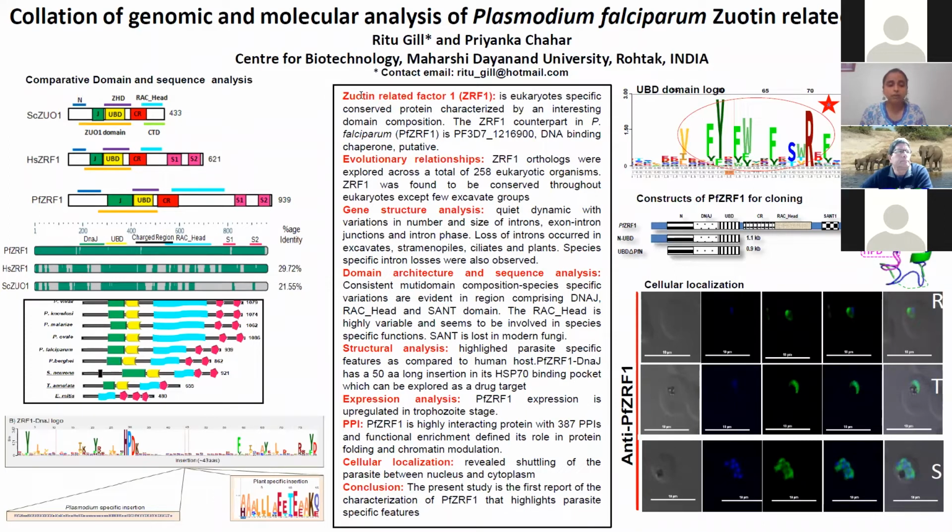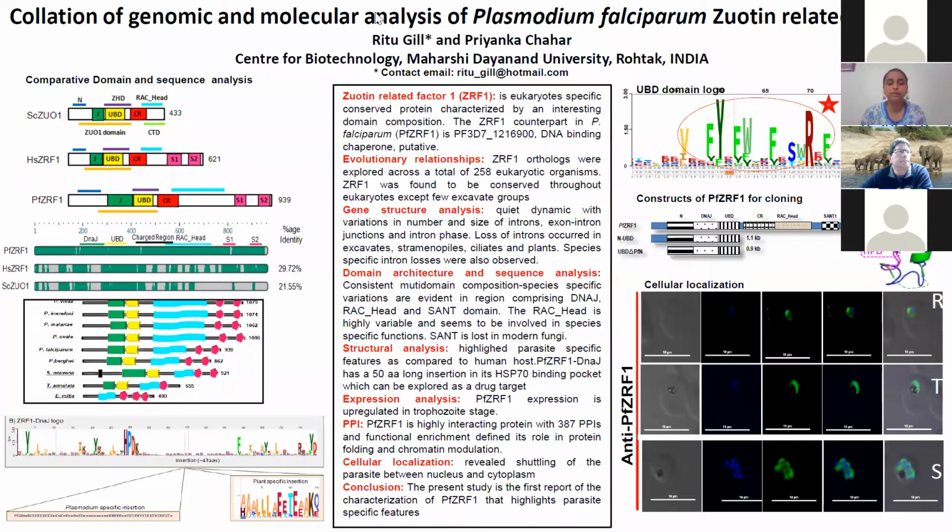Further, we located the UBD domain in PfZRF1 in comparison to its human host. We generated a UBD domain HMM logo from 282 sequences. The generated logo emphasized conserved patches of aromatic amino acids, especially in the central region, with absolute conservation of arginine at position 70. Different constructs of ZRF1 were cloned, expressed, purified, antibodies were generated, and relative expression and localization experiments were